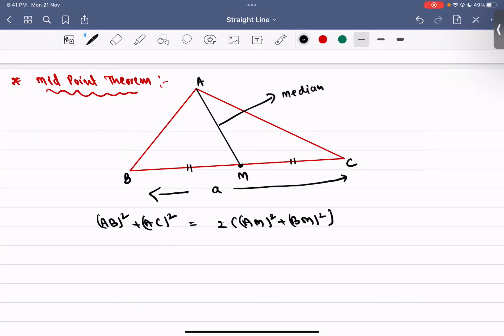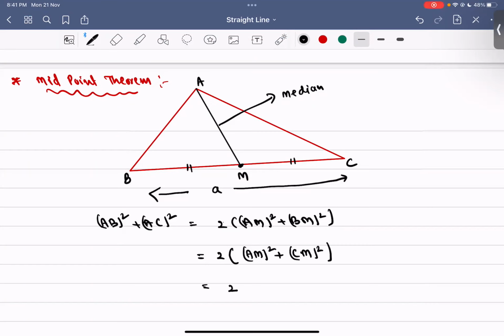So this is equal to 2 times AM square plus BM square, where AM square stays as it is. Here BM is the same as CM, so if we replace BM with CM,